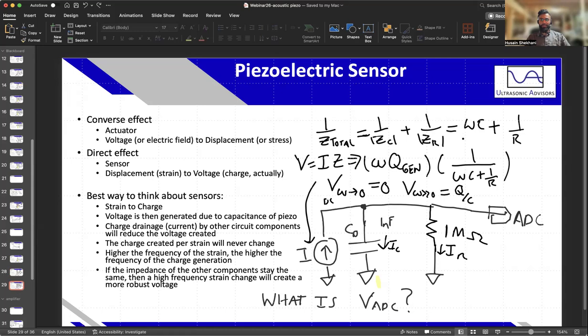So essentially, I just had some algebra here, but at low frequency, you basically have no voltage, and at high frequency, you have the voltage according to what you would expect in a perfect scenario. This is really important for people trying to measure low frequency changes with an oscilloscope, which even has 1 megaohm of impedance. It's like, oh, 1 megaohm is really high. Well, that 1 megaohm, along with the capacitance of your transducer, is going to form a filter. So it's going to have a roll off, and it's also going to not allow you to measure very slow changes. I think 1 megaohm is enough to measure those slow changes, but you'll see the voltage